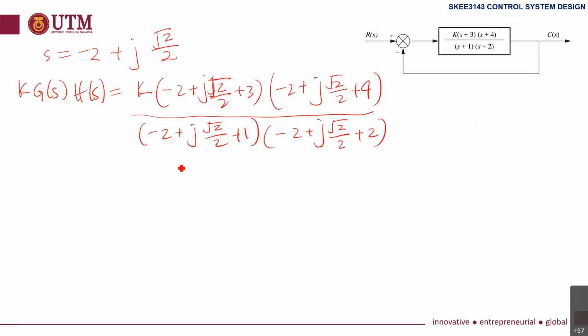Then we solve and get the angle. For this case, if you continue to solve the angle, you will get the angle equal to 180 degrees. I want you to do it later. Use the same procedure and you will get the angle of 180 degrees. Once we get the angle 180 degrees, it fulfills one of the criteria. Then we proceed with the magnitude criteria,